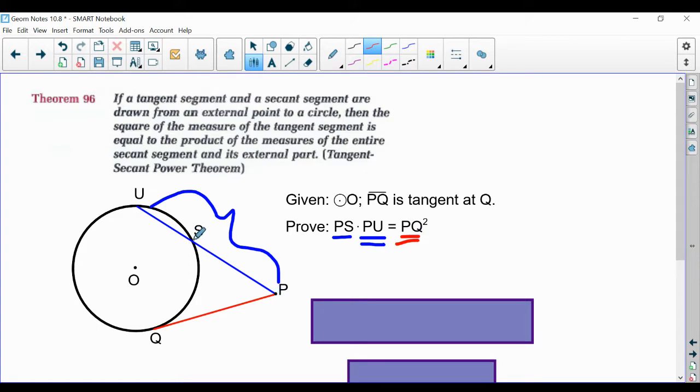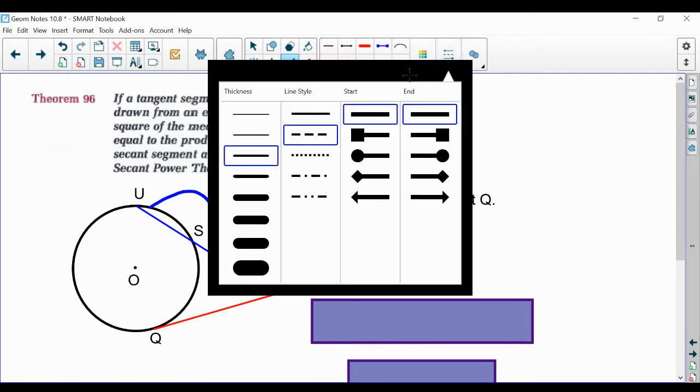And what do I mean by the outside part, right? So P to S, that's all external. That's not in the circle. So PS is the outside part, and PU is the whole secant segment. So outside part times the whole thing equals, for the tangent, outside part times the whole thing. Just so happens that the tangent segment is both the outside part and the whole thing. Okay. This proof is a little bit trickier, but it's still not too bad if you know which segments to